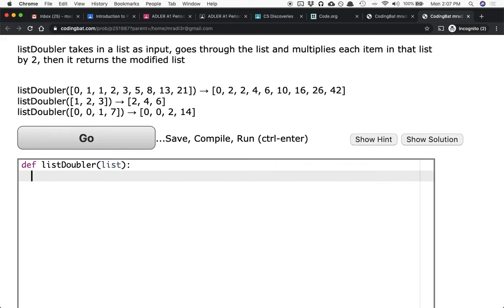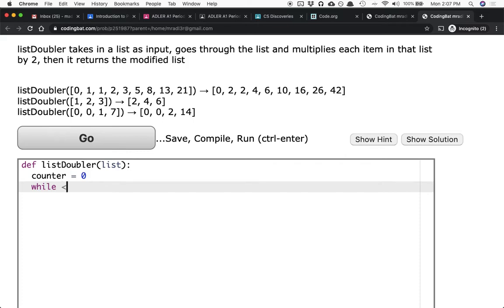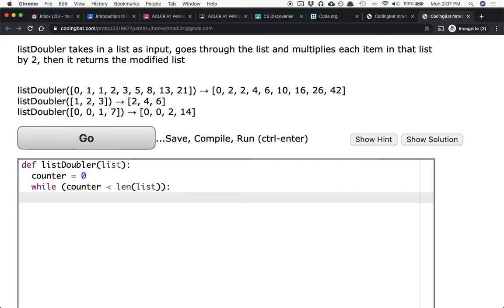I know that I have my list. I'm going to create a while loop for this one because the for loop will not edit the list as I'm going through. It just does it that one time. So I'm going to make a counter, set it equal to 0. I'm going to say while the counter is less than the length of my list. And while I'm less than the length of my list, I'm going to say list at counter equals list at counter